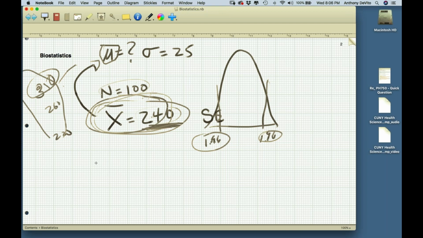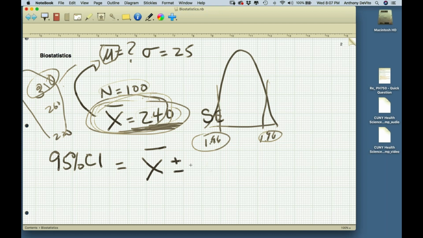So I'm going to take a formula. I'm going to give it a special name. I'm going to call it my 95% confidence interval. And I'm going to say my 95% confidence interval is going to be equal to X bar, the mean that I calculated, right? And I'm going to go 2 standard errors below the mean and 2 standard errors above the mean. So I'm going to say plus or minus 2 standard errors.